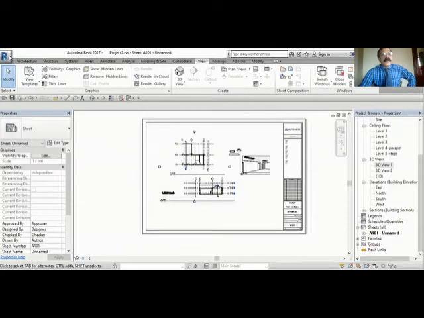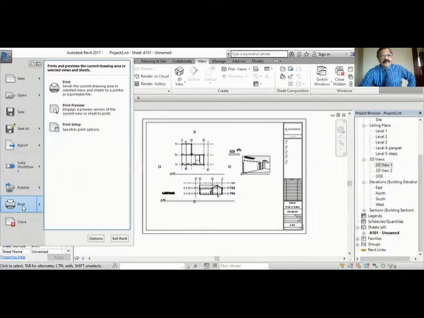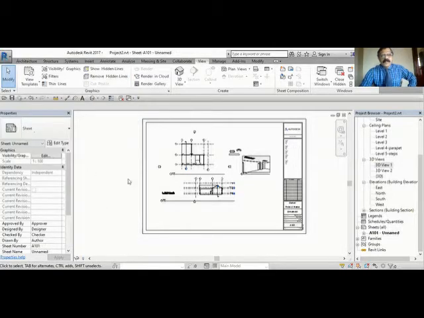Now you can just click the print button. So that's how you do the printing. You can try this. If you have any difficulty, you can write to me and I can explain. I hope you got some idea now. What we have explained today: one is how to import a drawing or link an AutoCAD drawing. Then I explained how to create a sheet, bring the drawing to the sheet, and how to print. You have to try this. If any problem, you can contact me later.